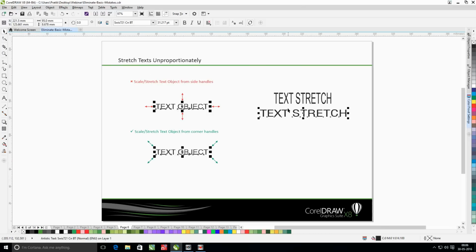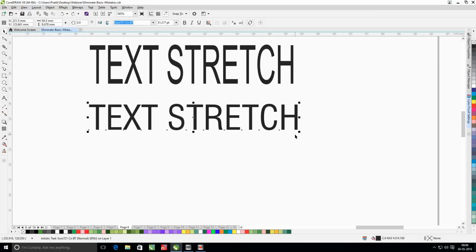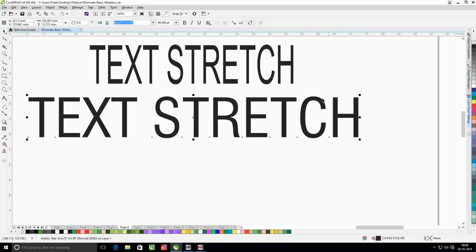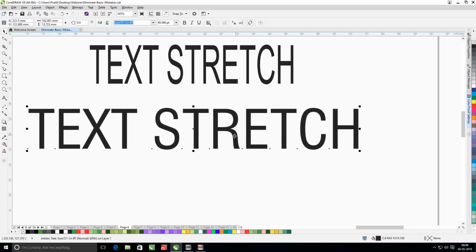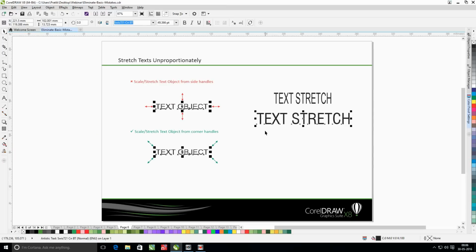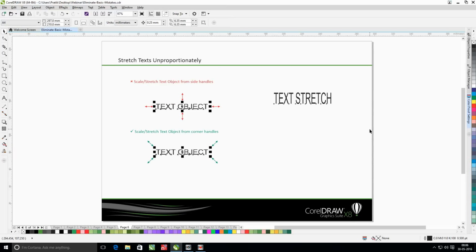So avoid scaling the text object from side handles, and if you use the corner handles, there is no disproportionate scaling over here and the text looks very good. So that's another point to be remembered while designing a good document.